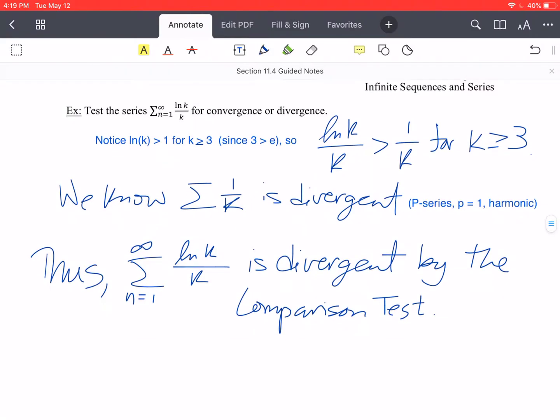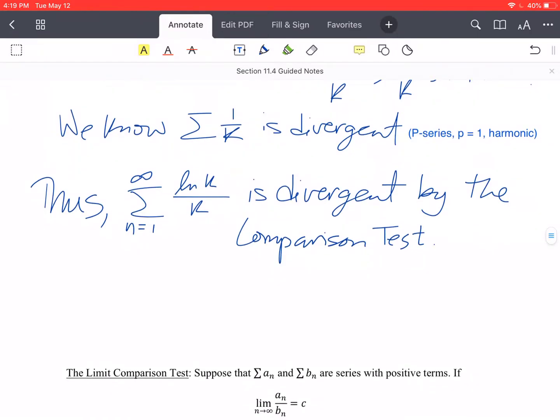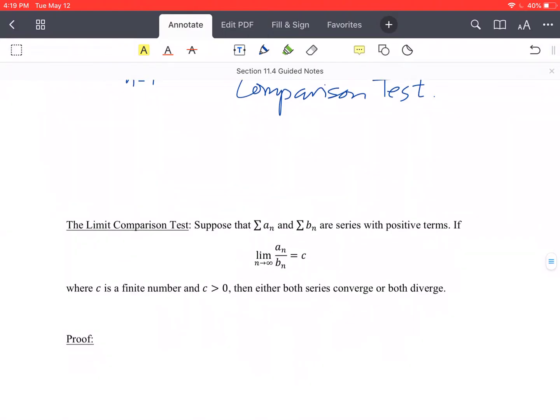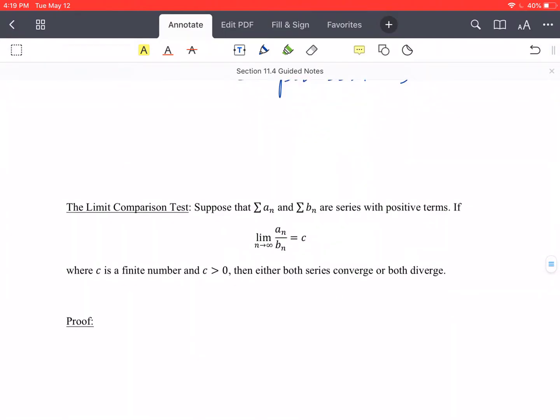So let's look at one more theorem that we have here, one more test for this section. So we have the comparison test, the two parts of that. Now we also have something called the limit comparison test. So the limit comparison test says, suppose that a and b are series with positive terms. If the limit of their quotient, so the limit as n approaches infinity of a over b, equals c, where c is a finite number and c is positive, greater than 0, then either both series converge